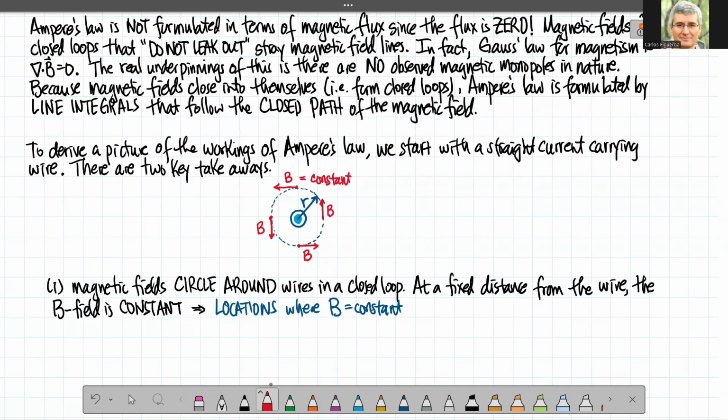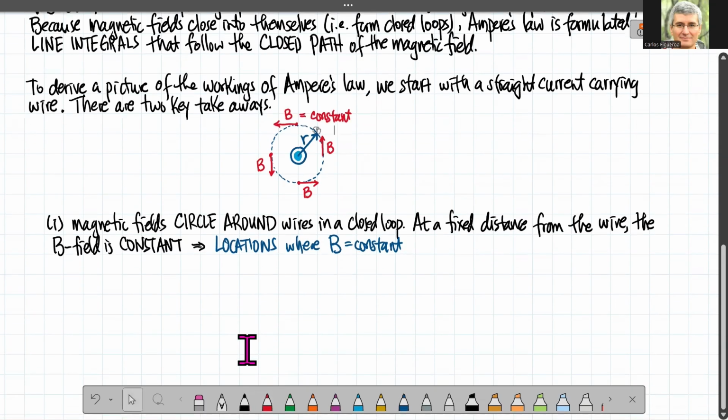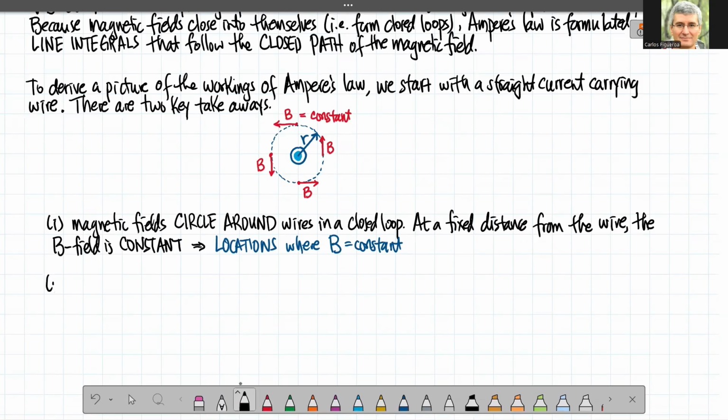That's a key point. There is a location where the magnetic field can be a constant, which is similar to a Gaussian. If I pick a Gaussian, that's an E field constant surface. So if I go to the next piece here, the next key part here, it says these